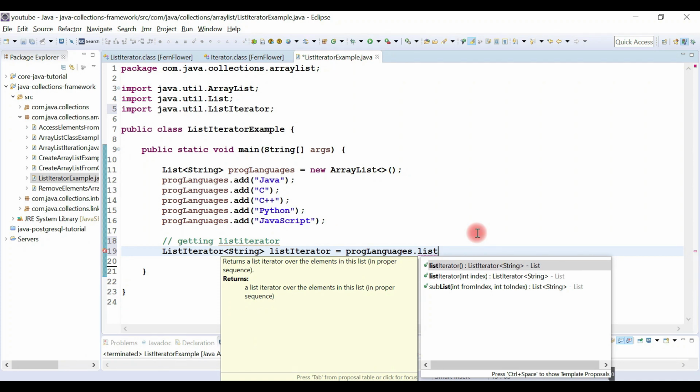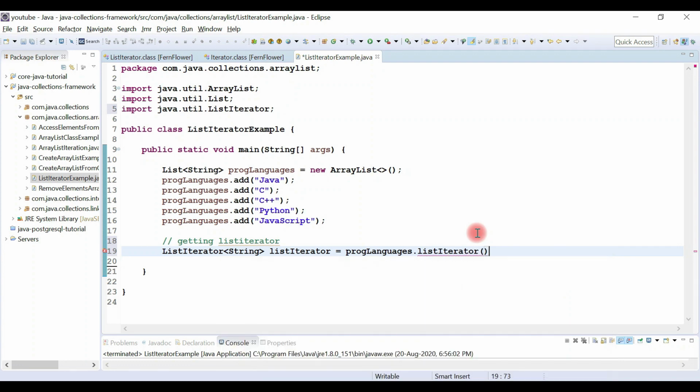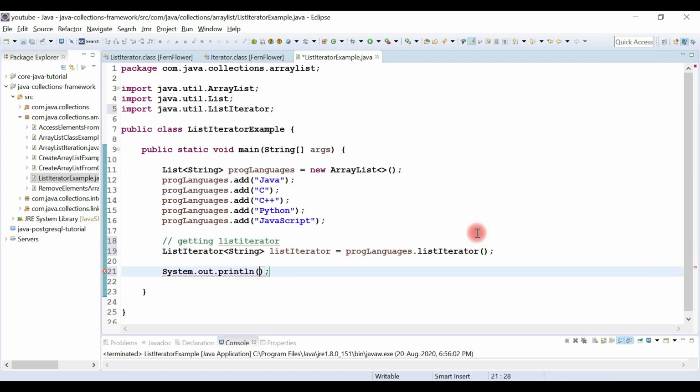So look here, we have two overloaded listIterator methods. Choose the first one, and here we'll first see forward direction iteration. First I'm going to demonstrate forward direction iteration, and then later we'll see backward direction iteration.